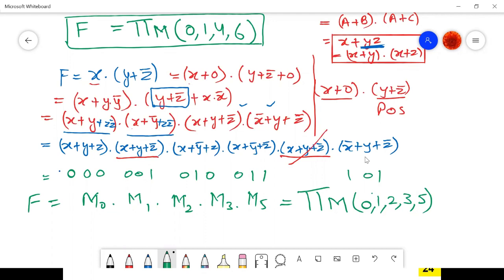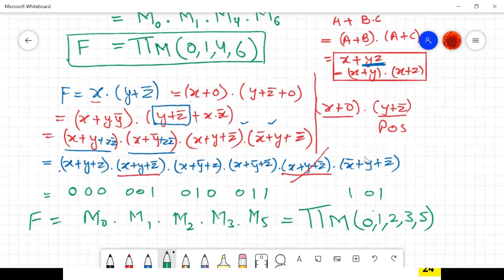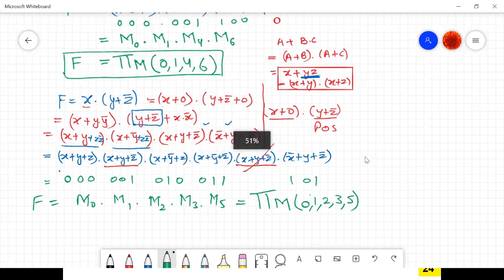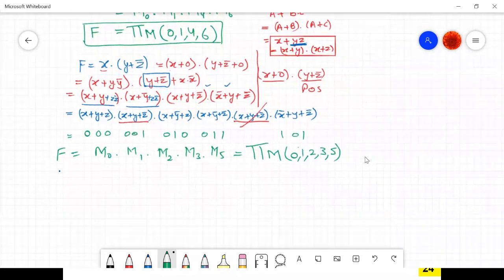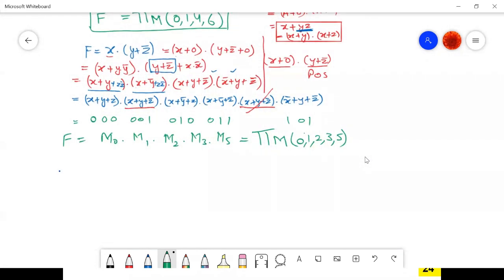All clear. Very good. So now one more thing, girls. If I know the max terms, I can find the min terms. What I said? If I know the max term, I can find the min terms. How? The rule is